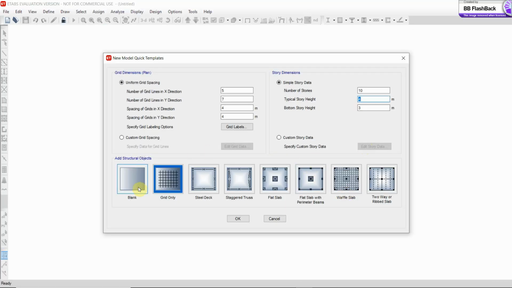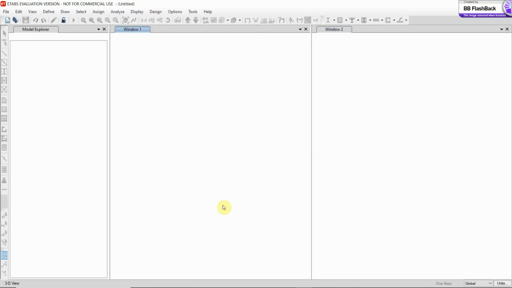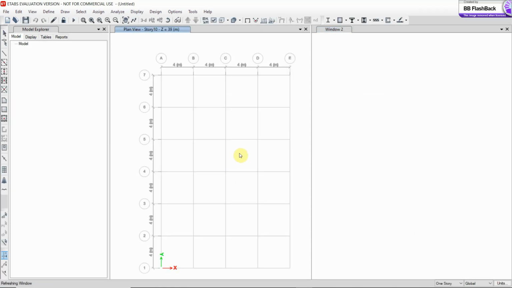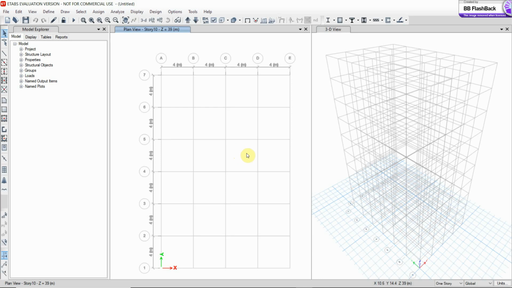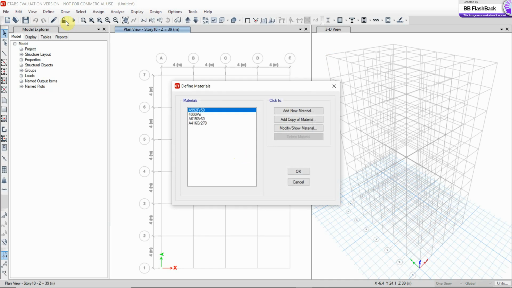You may select a number of predefined templates. Here we are using the grid only template. Two windows will appear, one is plan view and one is 3D view. So first we have to define material. So go to define, material properties,